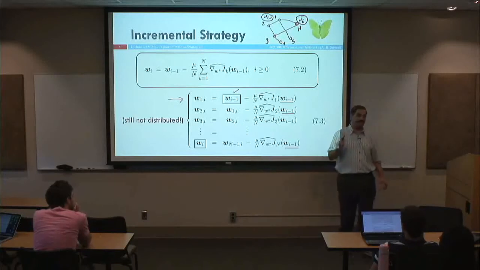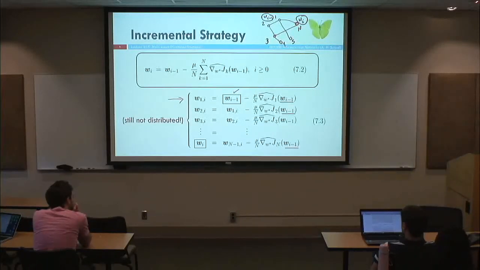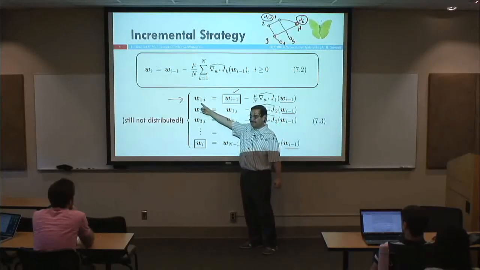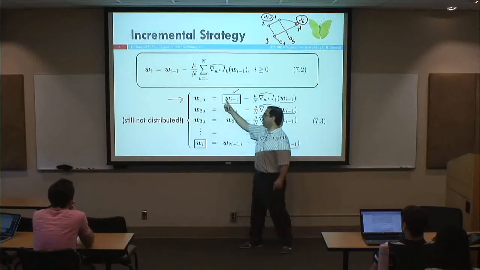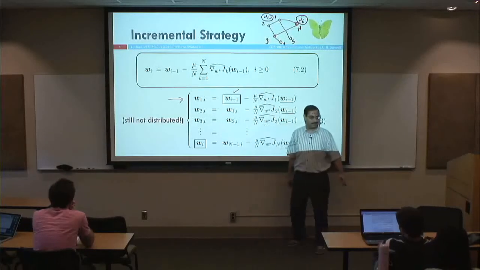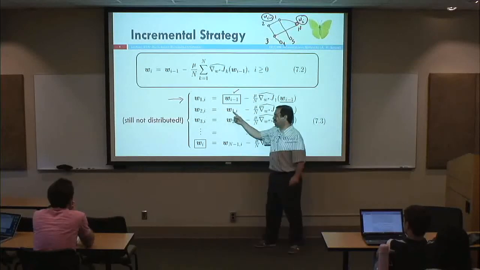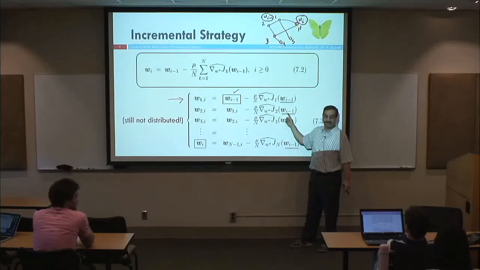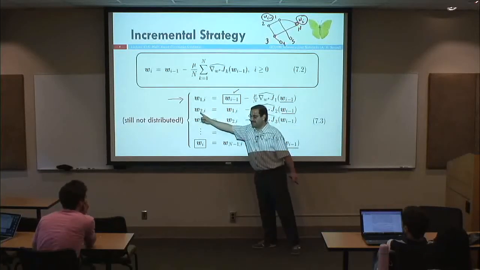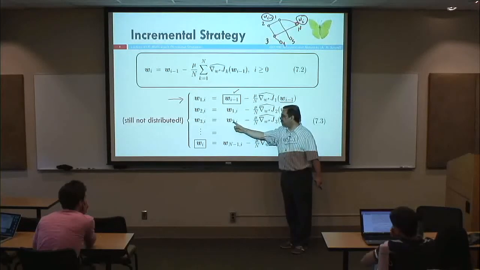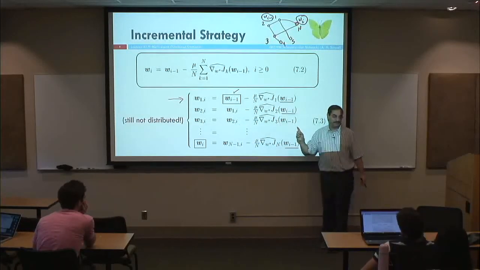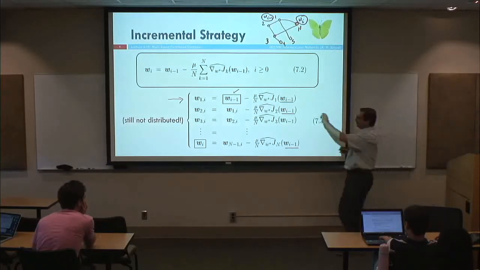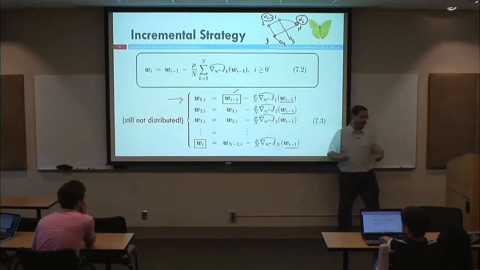That's the main idea of the incremental strategy. What the incremental strategy says is this. Look, agent 1 did its part. So in principle, this is an improved estimate over that because I already added some information to it. So when I pass it to the next agent, it could use it here instead of W_{i-1}. And then this gives you an intermediate estimate. You pass it to the next agent. The next agent would use this here and also here. So that's the key idea of the incremental step. You do an incremental step, and that update, you use it for the next step, and you keep going. So if I write this,